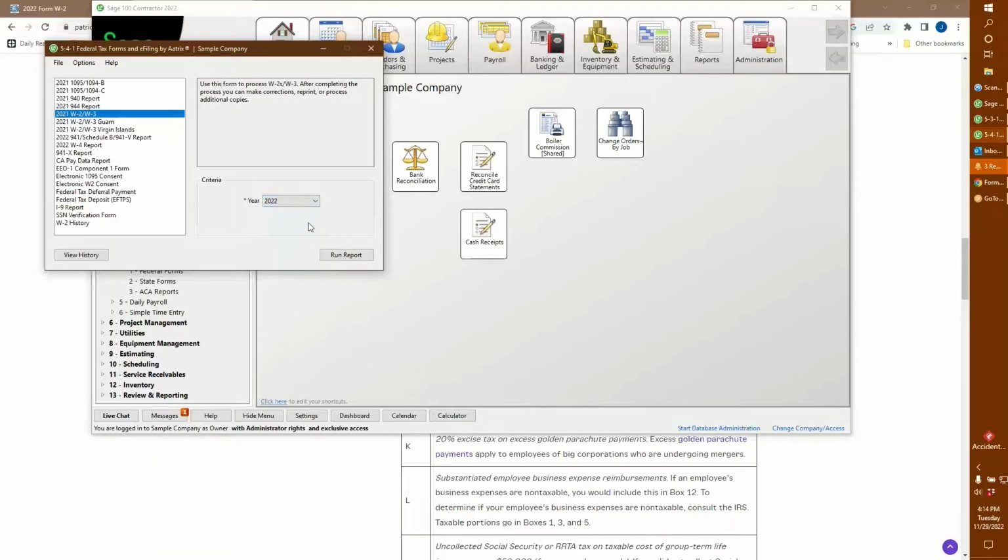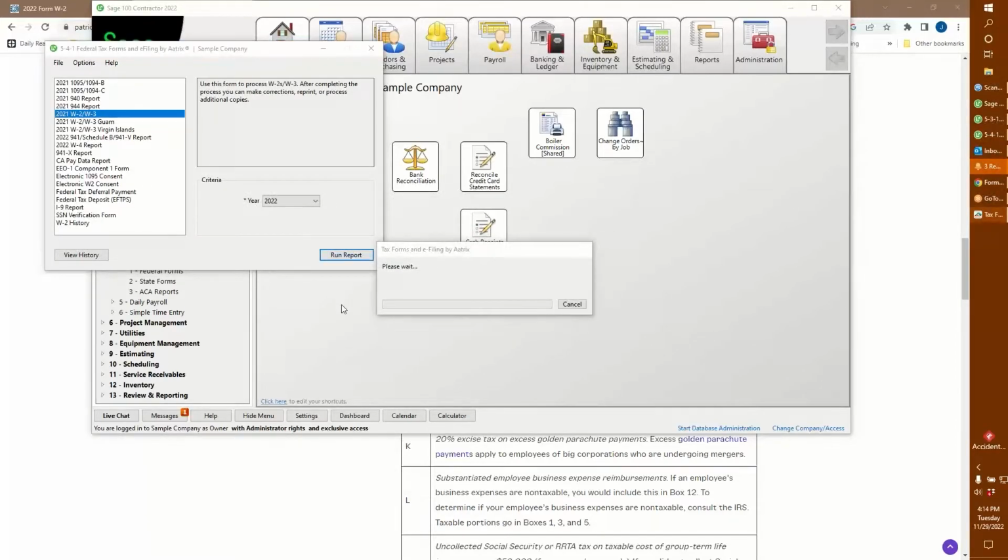Okay. The 2022 form is not available yet with Atrix. It will soon be. So we're going to assume that this is the case, but obviously things are going to change just a tad with Atrix before you run your W-2s. So what we do then is we run the report, and it goes through and does some calculating and whatnot. And then it's going to check itself to make sure that the most recent forms are available from Atrix.